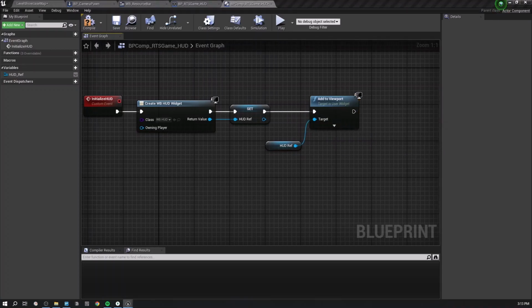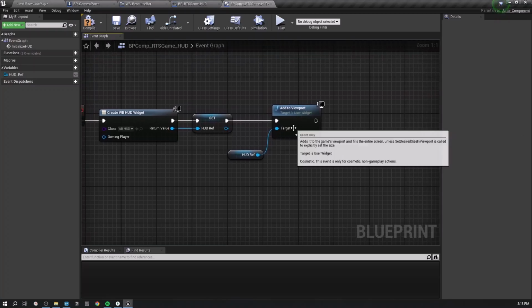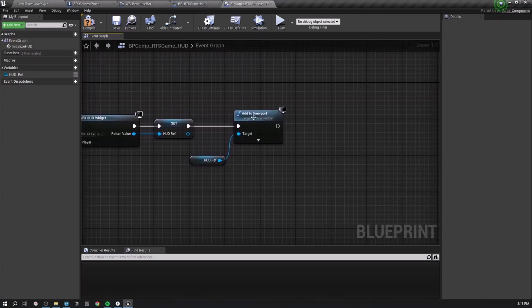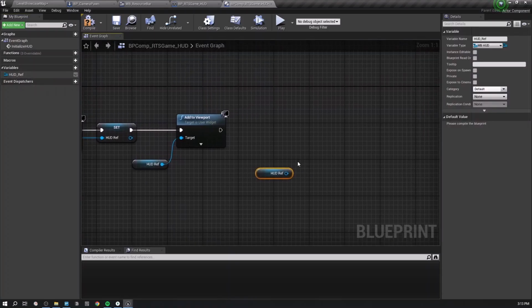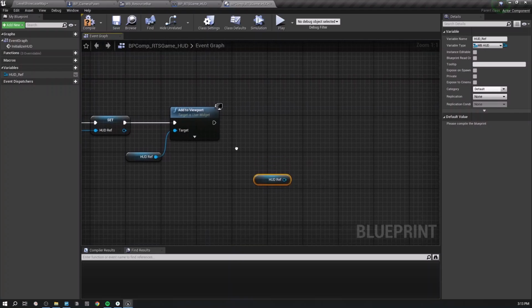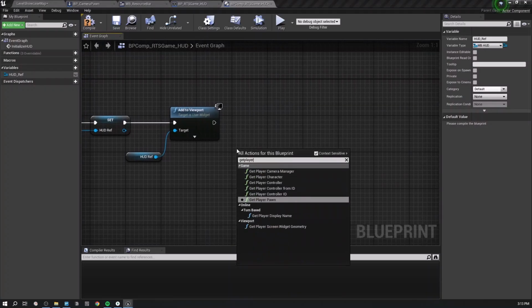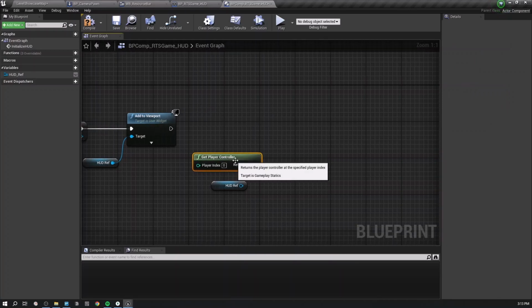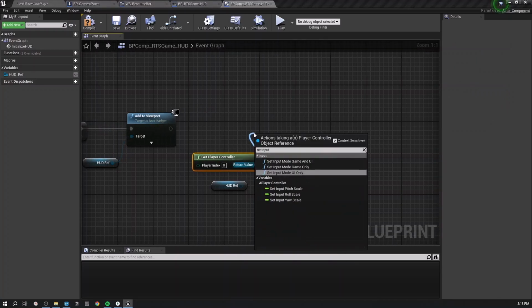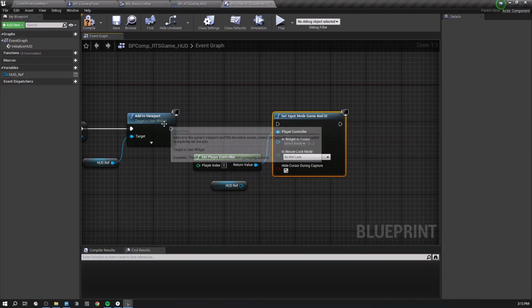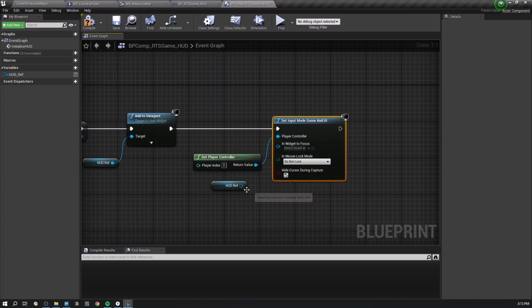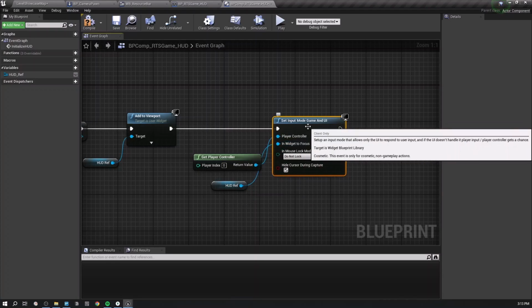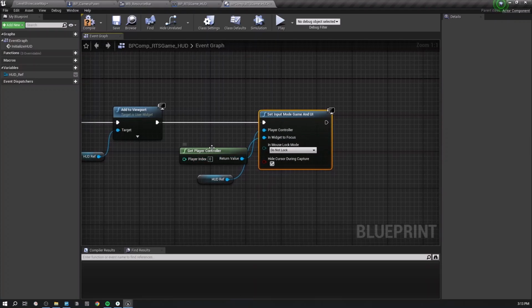Right. And then we need to focus our input mode for this UI. So we can do that simply by grabbing our HUD reference, and let's get our player controller and set input mode game and UI. So to a certain extent, we may be able to control our user interface as well as our game, right, by using the same player controller inputs. Okay,